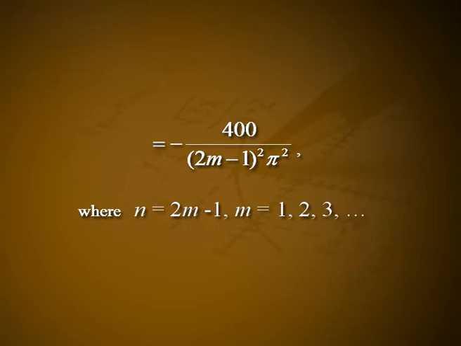That is equal to 4 by 50 into (cos n pi minus 1) into (50 by n pi) whole squared, which is equal to 200 by n² pi² into (minus 1 raised to n minus 1). That is equal to 0 if n is even and minus 400 by n² pi² if n is odd, which is equal to negative of 400 divided by (2m minus 1)² pi², where n is equal to 2m minus 1, m is equal to 1, 2, 3, etc.